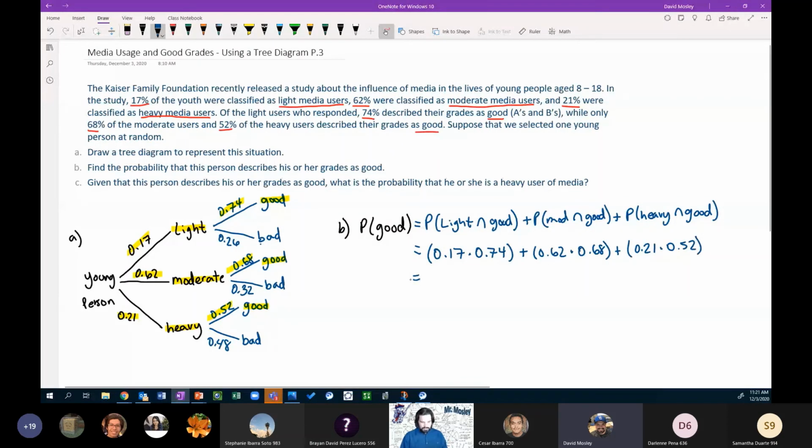Right? So we get these numbers here. And when we multiply and add everything together, we get 0.6566,